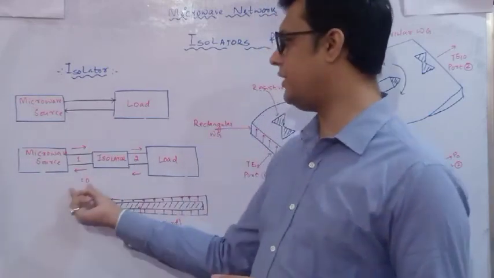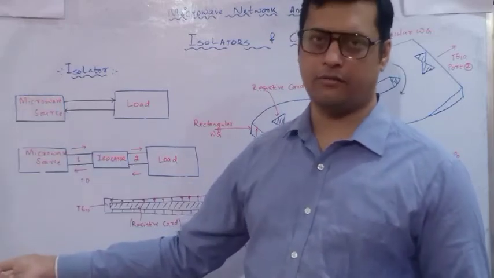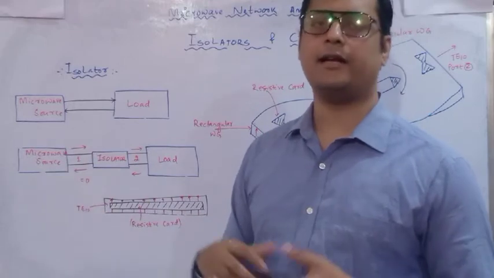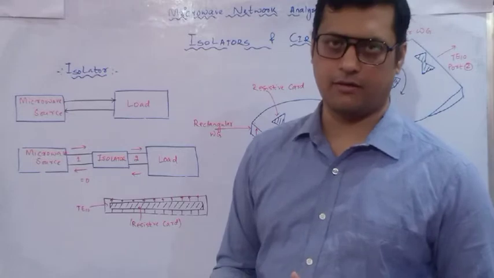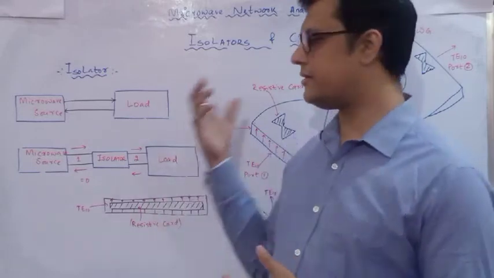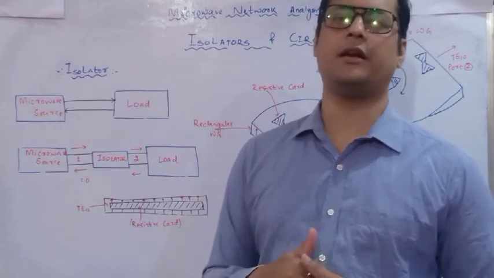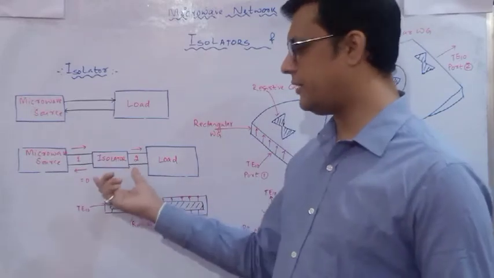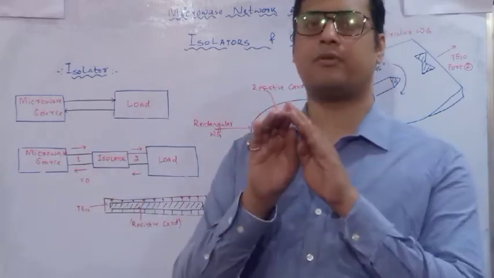So here I have shown it is 0. That means no reflected wave at the microwave source. So that is the property of the isolator we are going to discuss, and this isolator's working principle is called a Faraday isolator. Okay, Faraday is the scientist who developed this sort of isolator which will absorb the reflected wave, and how it is going to absorb that I will also discuss. So for the time being, understand that this isolator only provides unidirectional transmission.